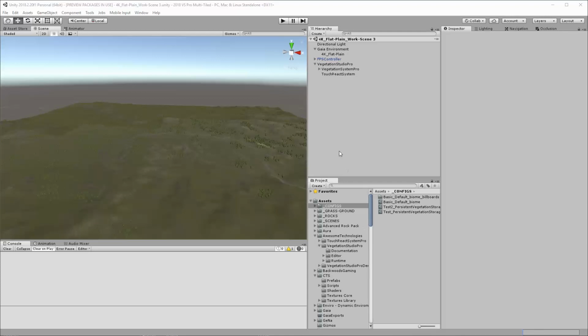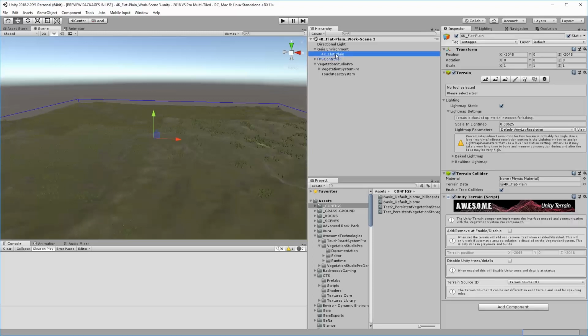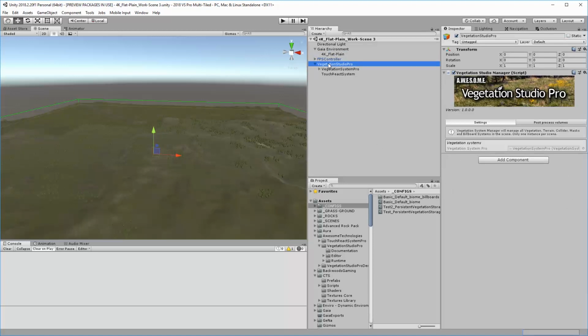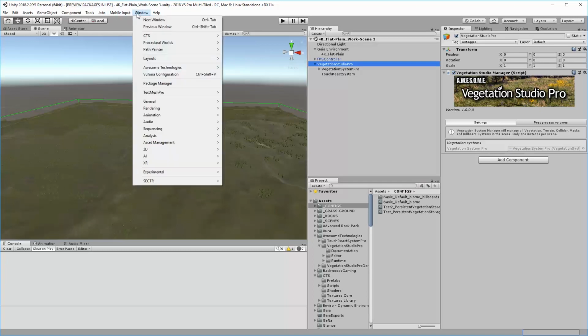So this is a follow-up to some previous videos I've done before on multi-tiled streaming terrains using Vegetation Studio. And I'm in 2018 this time, so I'm using Vegetation Studio Pro. I've got as a starting point a large 4K terrain that I created with Gaia, and I've added Vegetation Studio Pro to the scene. Just go to Windows, Awesome Technologies, add Vegetation Studio Pro to scene,